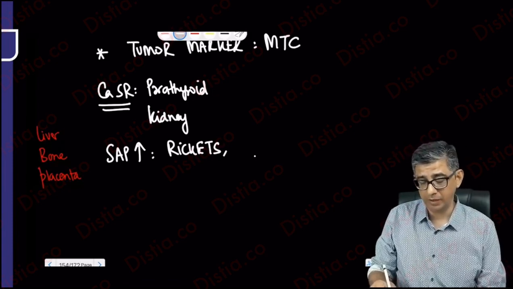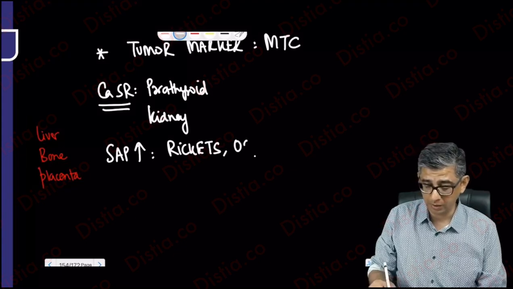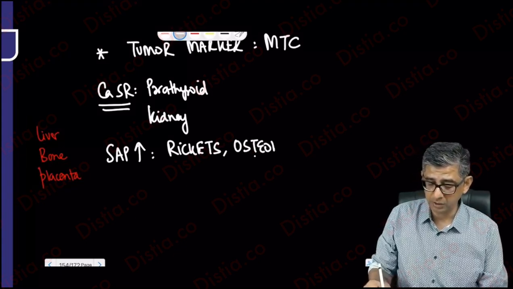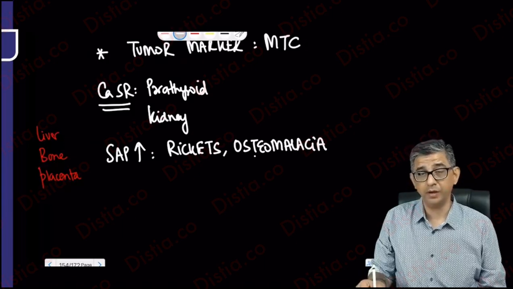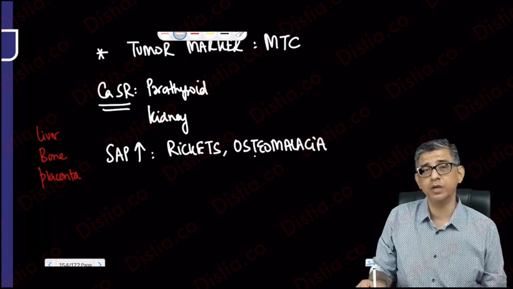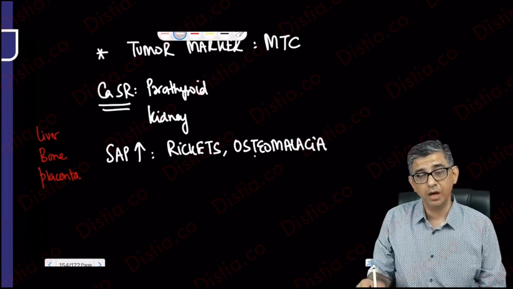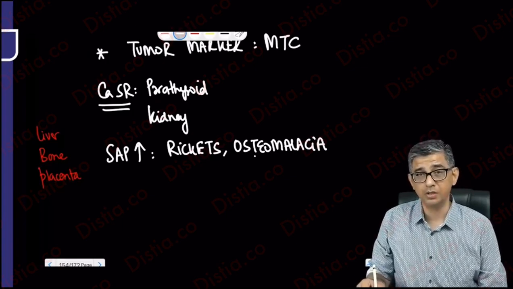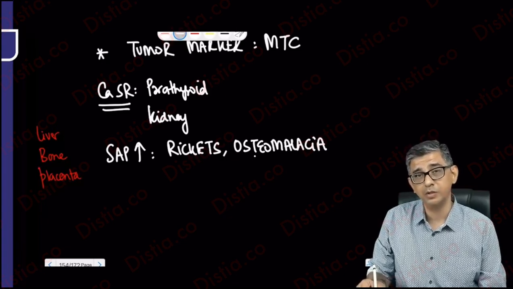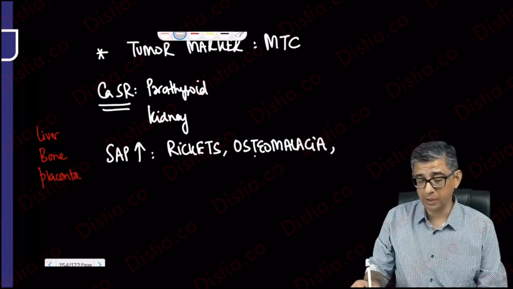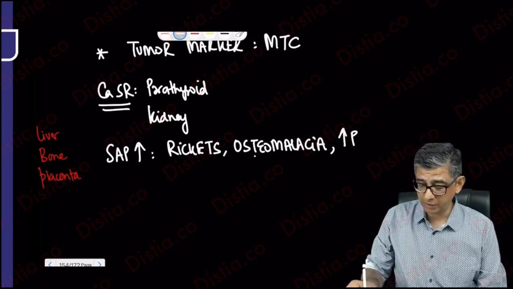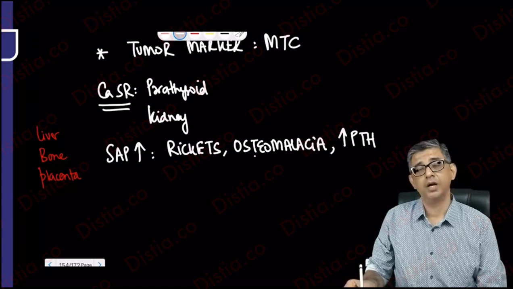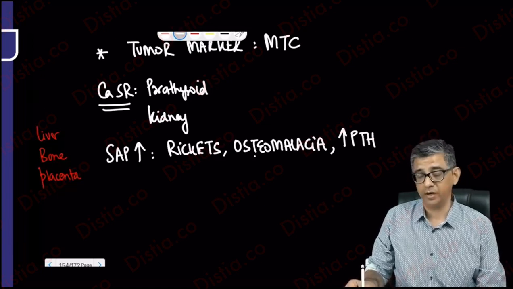A quick recap: elevated SAP would also be encountered in vitamin D deficiency in adults, which would be osteomalacia. Remember, in osteoporosis, SAP is normal. It's not affected because osteoporosis is due to increased activity of osteoclast, and SAP is not produced by osteoclast. SAP is produced by osteoblast per se. So values of SAP are normal in osteoporosis but are elevated in patients who are having, let me say, a parathyroid adenoma,